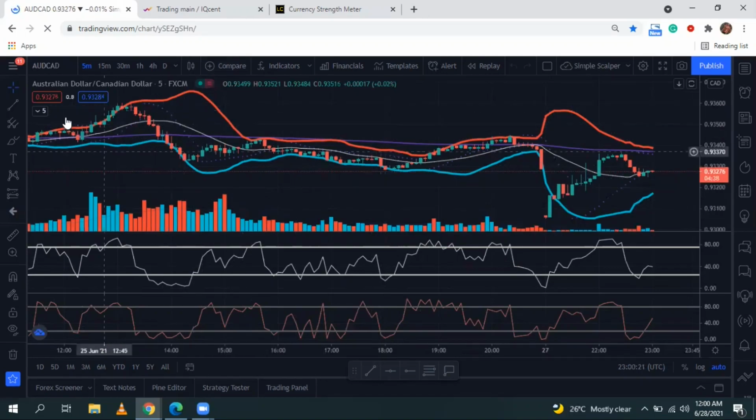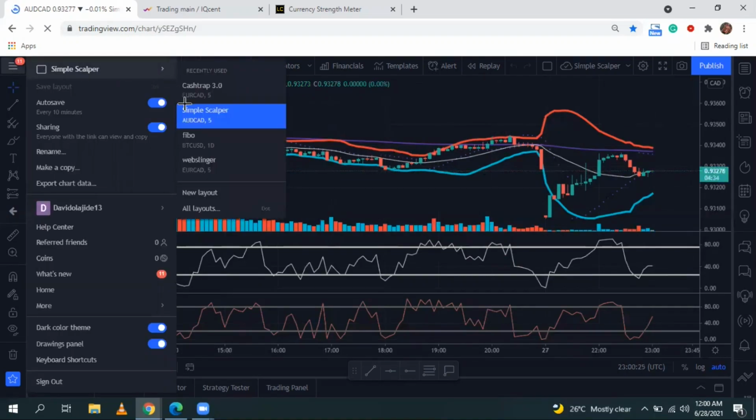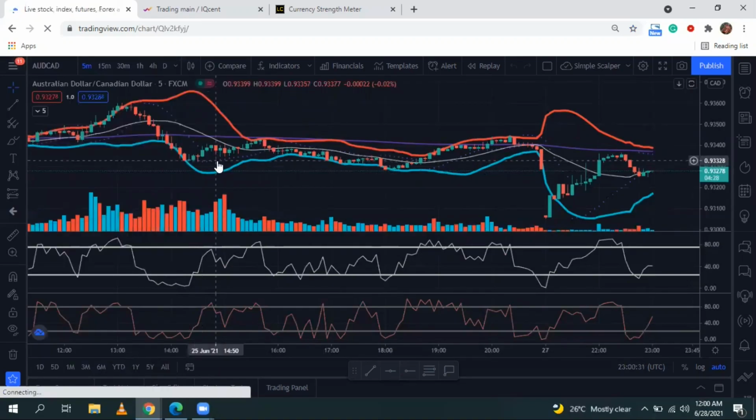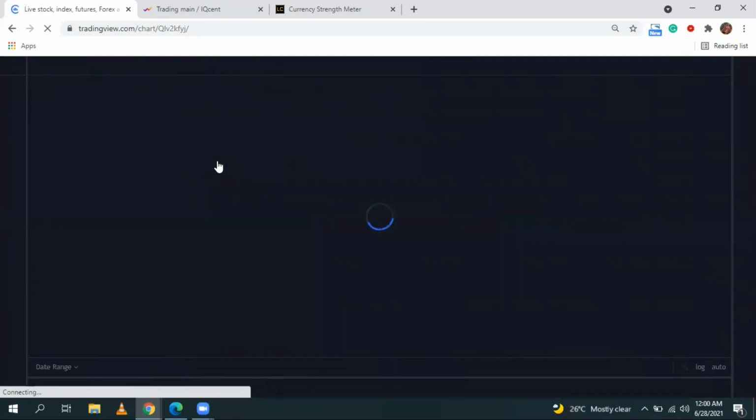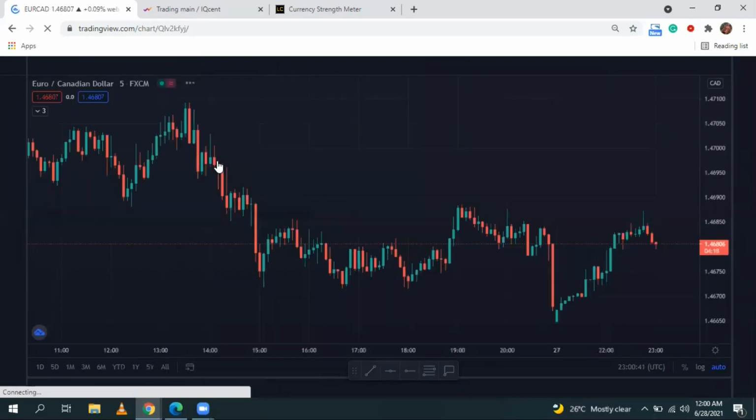What you are going to search for to get it, and I hope you guys will be around. Then I will do another one on the web stringer. You can have your web stringer on your TradingView as well. All these things are possible for you to have personally on your TradingView